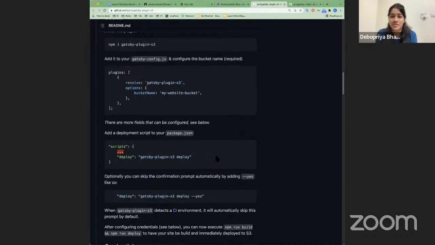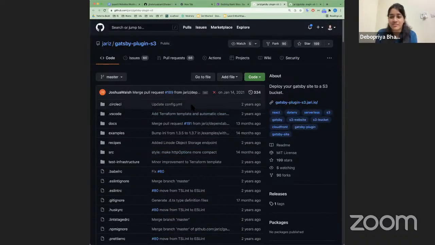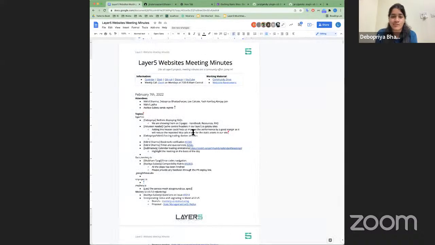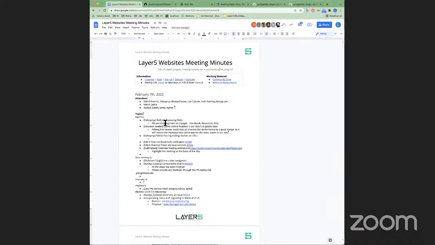So that gives us two things to do research on. Yeah, it's possible. So Amit, the thing is to have a look at the S3 plugin to see if we might be able to configure it without AWS credentials.